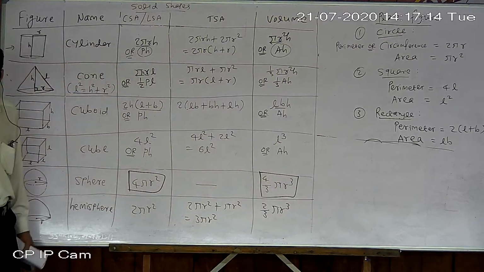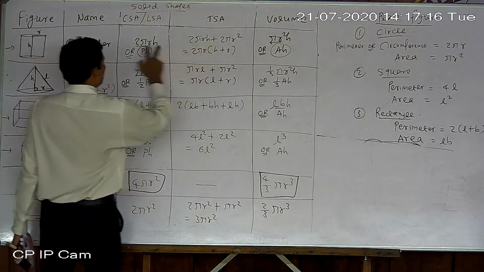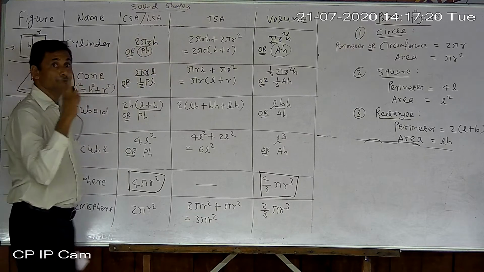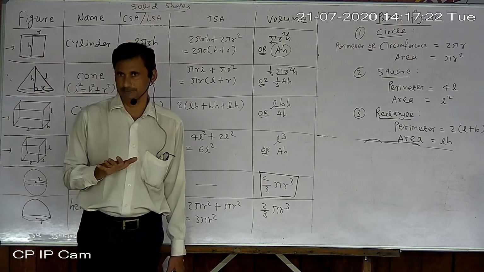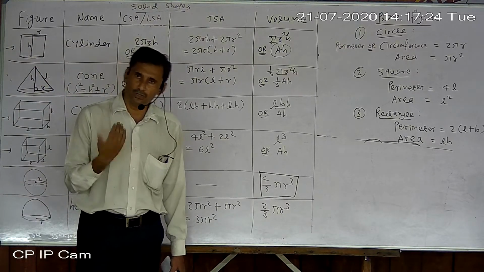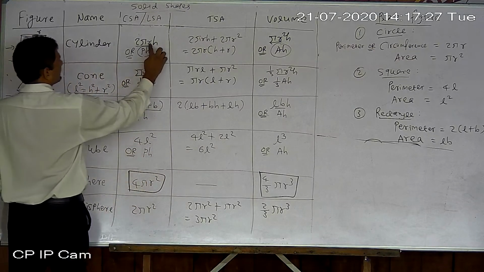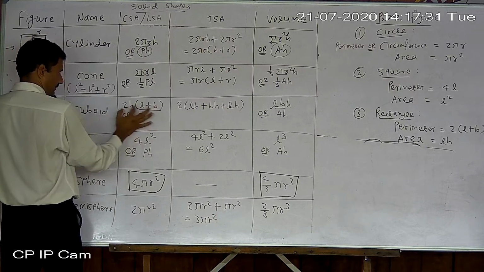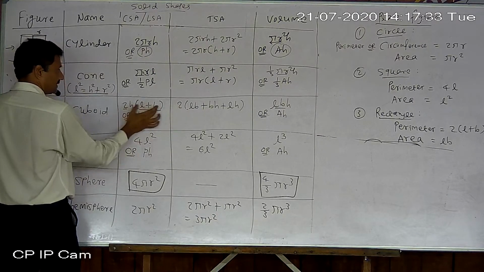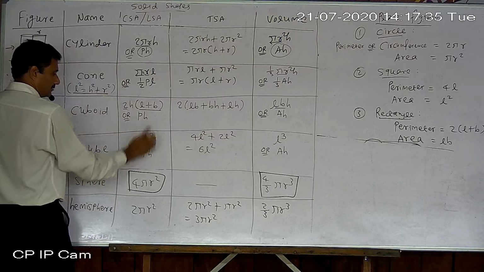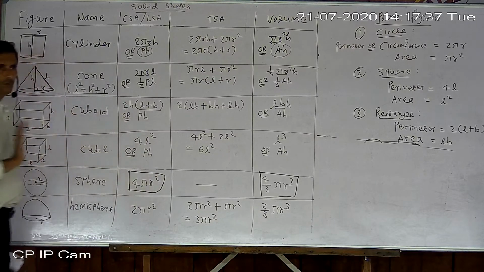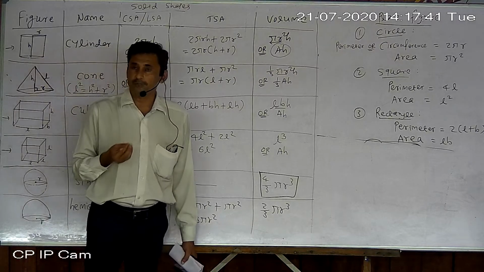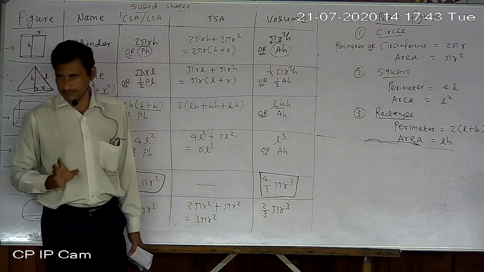One variable was there. Whenever there are two variables, at that time in area the unit is centimeter square or meter square. So you just remember here centimeter into centimeter, centimeter into centimeter. Here also centimeter into centimeter, means all of it. Here also. By this way you can remember whenever any confusion is there.